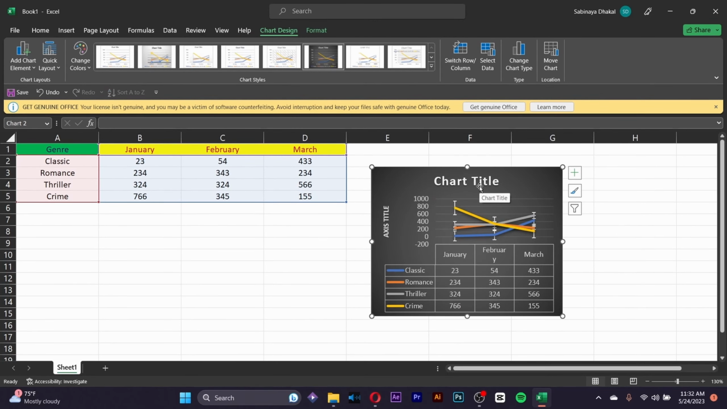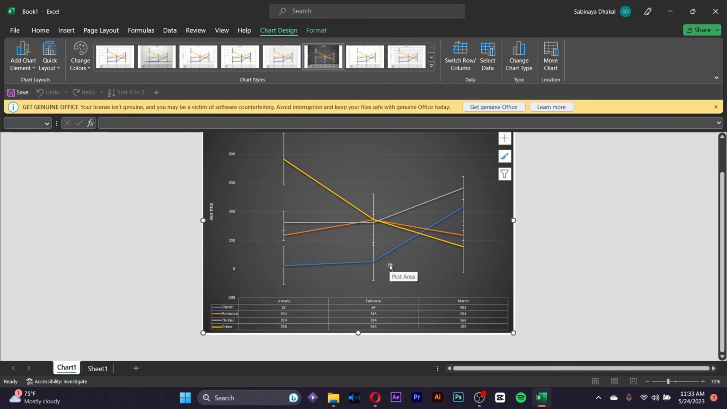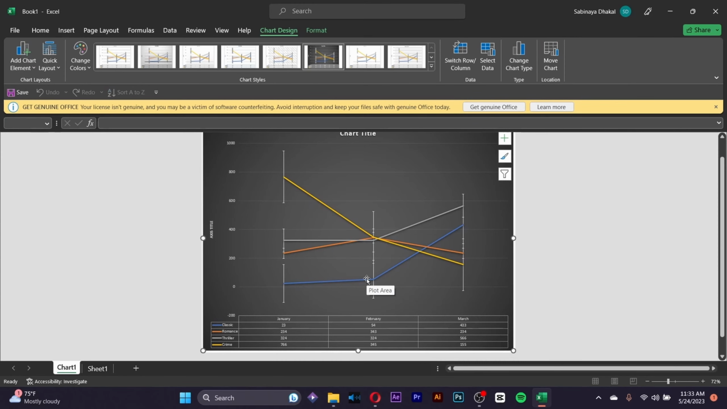The next basic feature of customizing a chart is the Move Chart section right here. Just click on it, and here you can choose where you want the chart to be placed. If you want your chart to be placed on a new sheet, select the option right here and click on OK. You can see that the chart has been placed in the new sheet, with the data in the other sheet. So these were some of the basic tips on how you can customize your chart, how you can add your chart, how you can change your chart